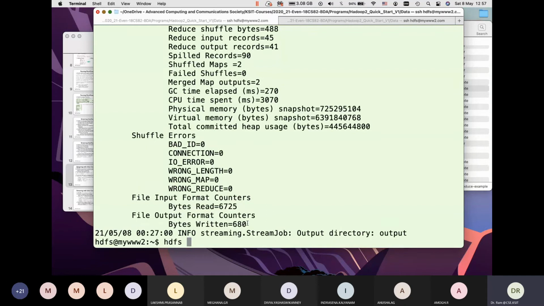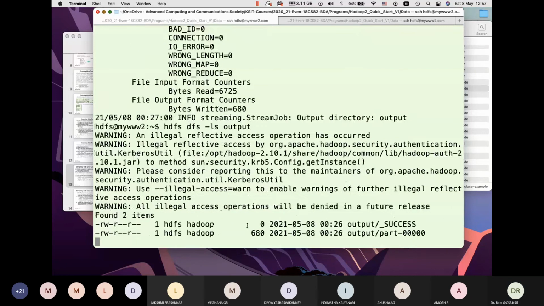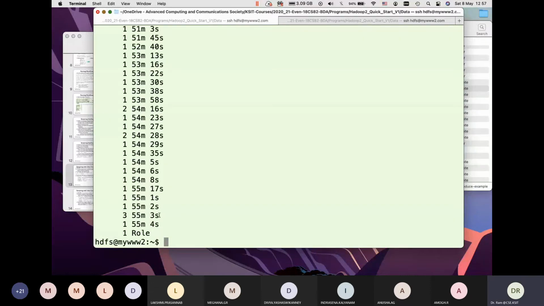Let us look at what we have in the output directory. I have this output. Let's get this. You see unique count. And you can see this 3, this is 2, whatever we got. So this also tells you, when you want to really develop a program for Hadoop, write a program, run it locally with a small data set. Because if it works, all that Hadoop gives you is scaling, nothing else.